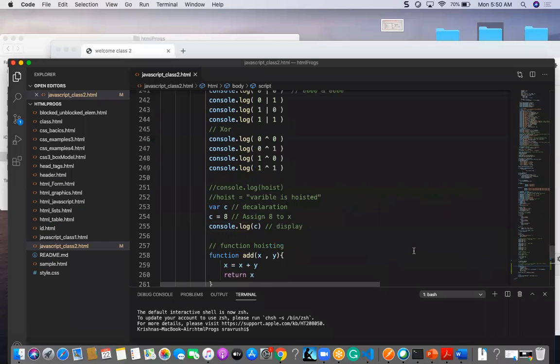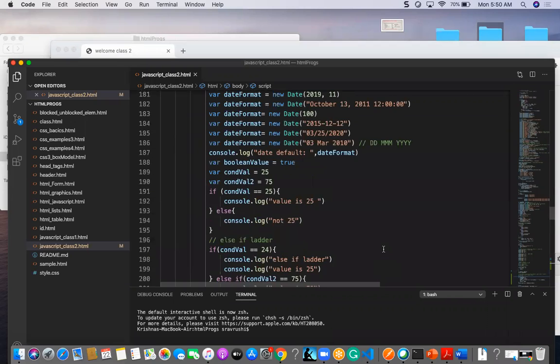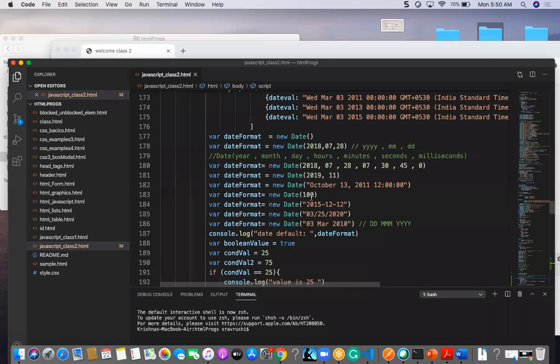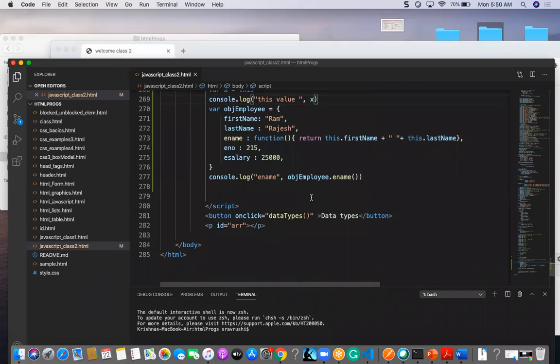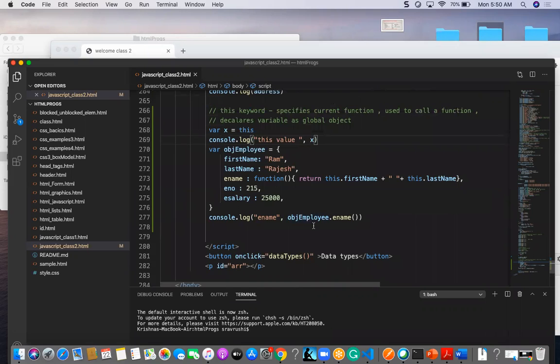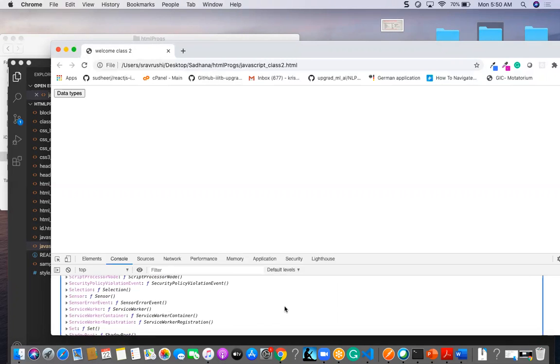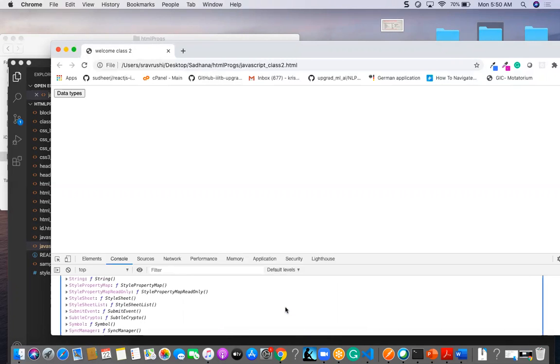They are all available here inside my function on the general. Okay, so this will be mentioned as the current object or current window object. So with this you can access the current variables inside your function.